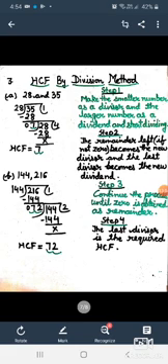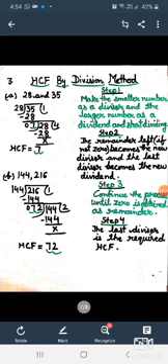Now we will divide 28 by 7, that is 7 fours are 28, and our remainder is 0. Now in step 3, continue the process until 0 is obtained as remainder. Now we have obtained 0 as remainder, and in step 4, the last divisor is the required HCF. Here our last divisor is 7 and so the HCF is 7.